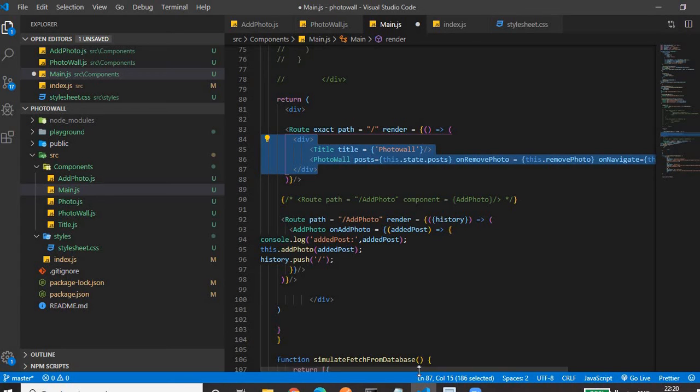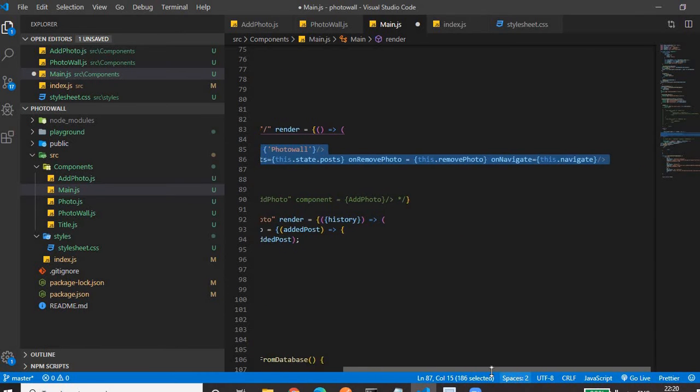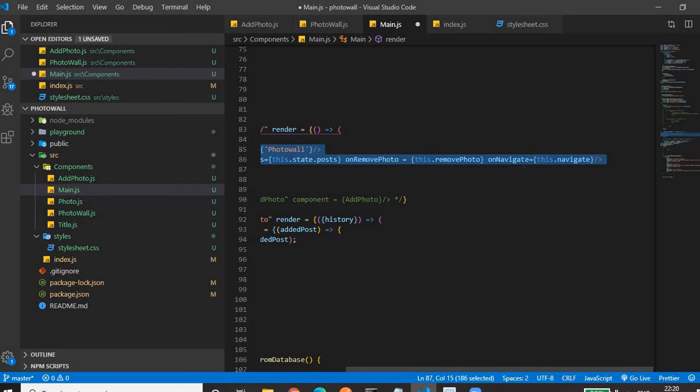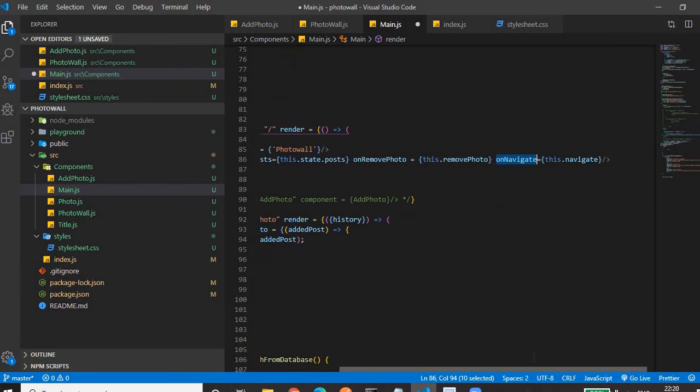Then in this path, I have shown you, we are passing the navigate props. Okay. So this is not needed now because we are not navigating on the basis of an if-else condition. So I will comment this. We need up to this.